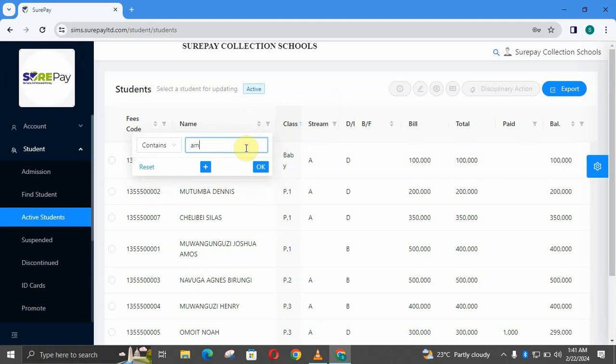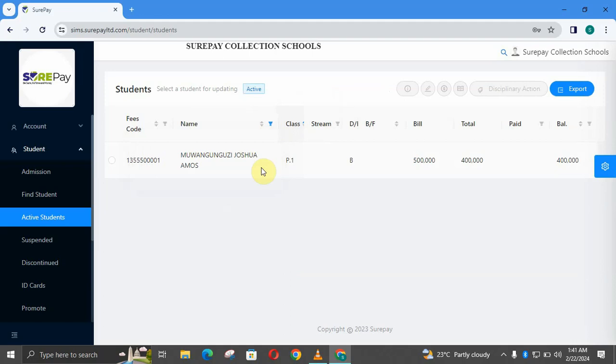Let's try to check Amos and then click OK. It's going to return us that very learner that we want to concentrate on. So we shall see always the bill, the total, how much was paid, and what is the balance. So we can say something that is interesting today, that we can always as well